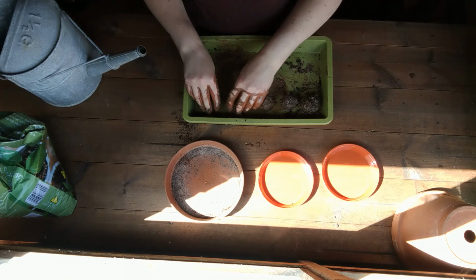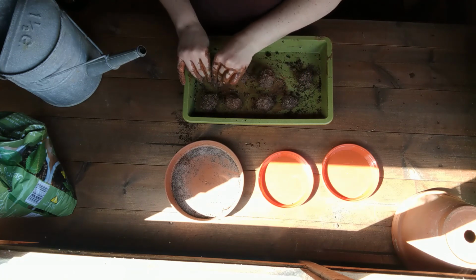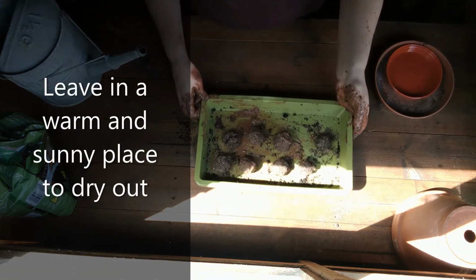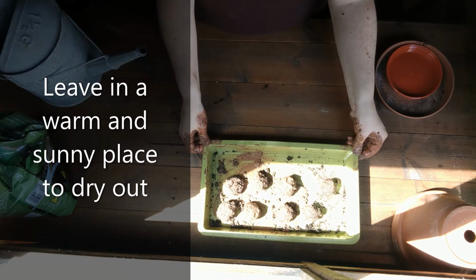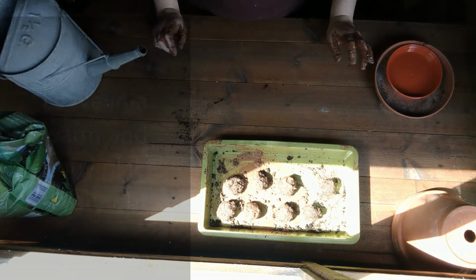And what you have is a lovely collection of seed bombs that you can use. So you need to leave those somewhere sunny and warm to dry. And once they're dry, you can just throw them out into your garden. And then they will hopefully grow and you'll have some lovely bee friendly